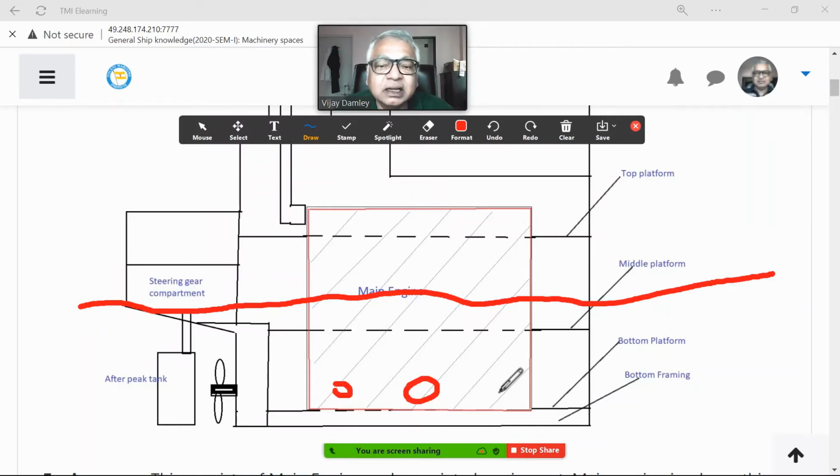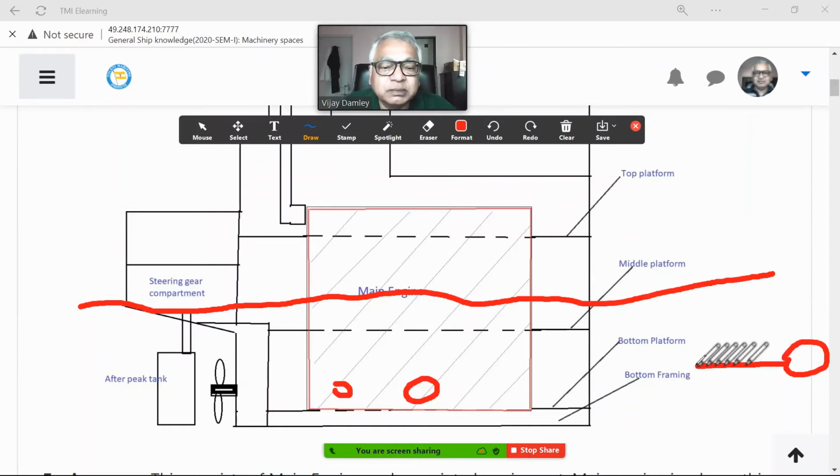Then the main engine has to run on, say, heavy oil. Heavy oil is stored somewhere away from the engine room, and we take only what is required to run the engine for 48 hours. Generally between 48 to 72 hours is the limit, normally 48 hours.